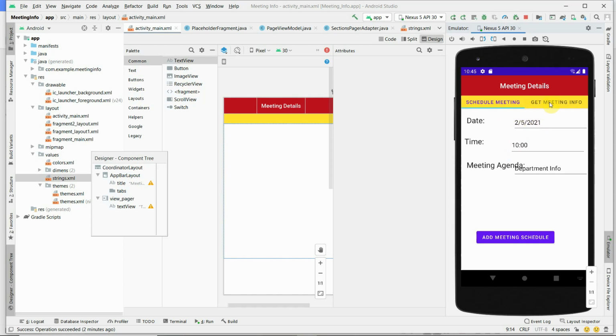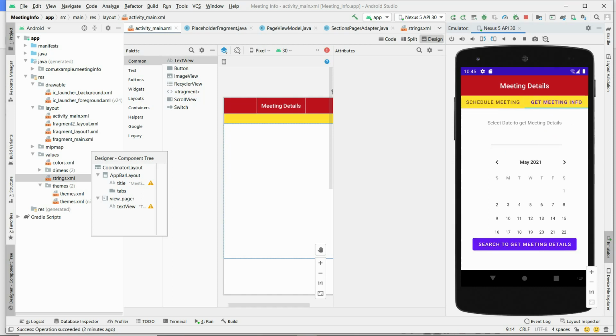When you click on get meeting information, it displays another activity, that is fragment 2. Like that, there are two fragments, fragment 1 and fragment 2. Now when you click on get meeting information, it displays this, and it displays the calendar also.